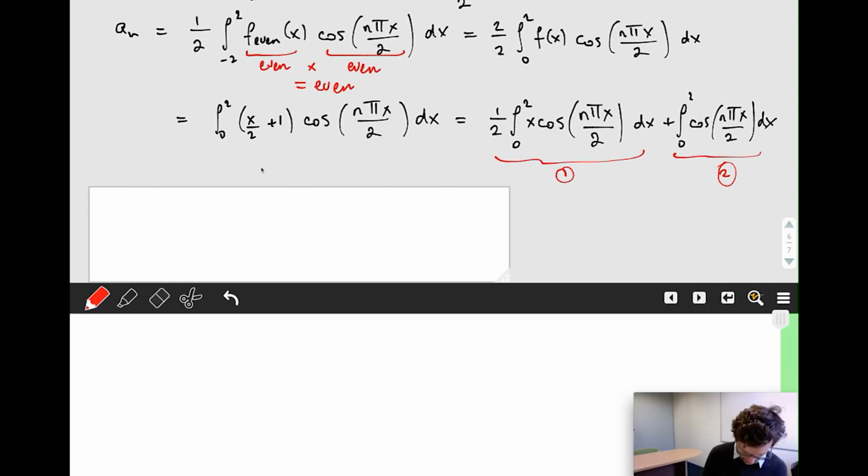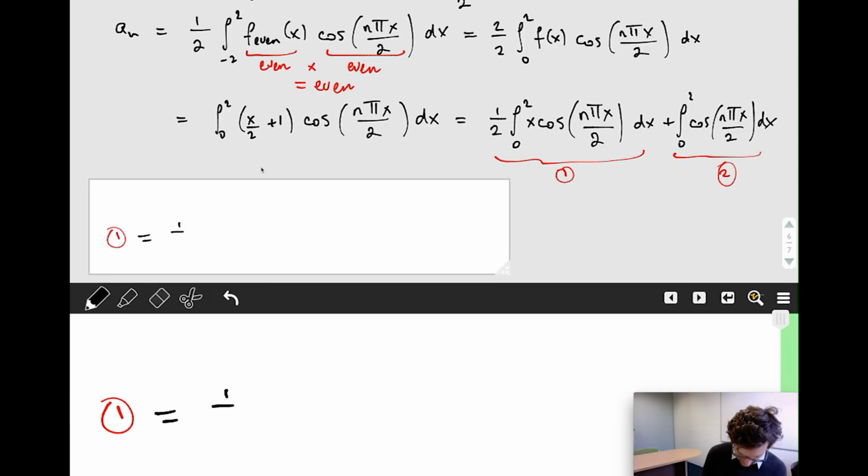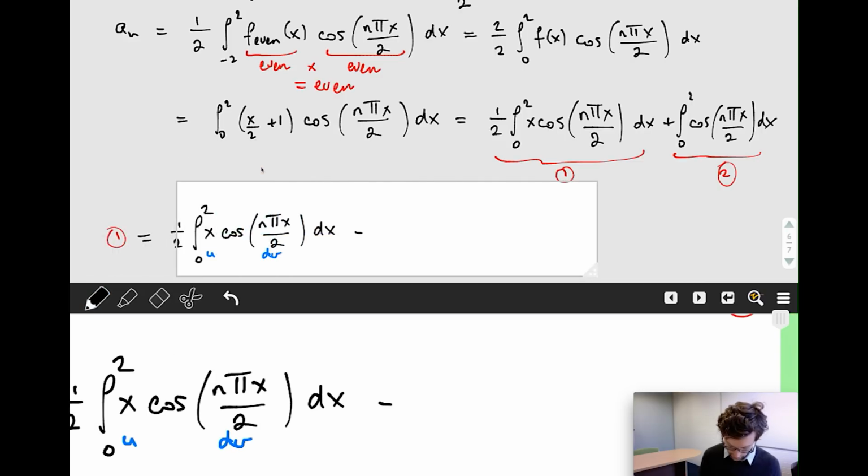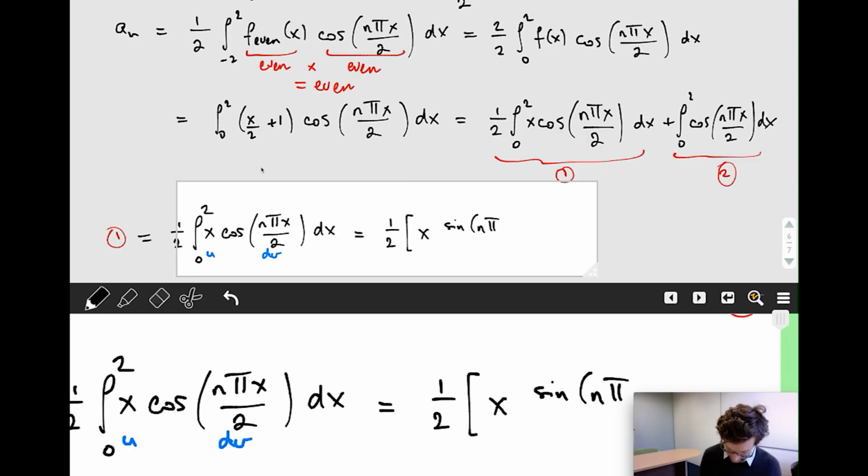All right, so let's take a look at 1. We're going to have to do this by parts. So this is a half the integral from 0 to 2 of x cosine n pi x over 2 dx. So let's set u is equal to x, and cosine dx is dv. So integration by parts gives me u times v, the integral of cosine is sine, n pi x divided by 2 all over n pi divided by 2 from 0 to 2,